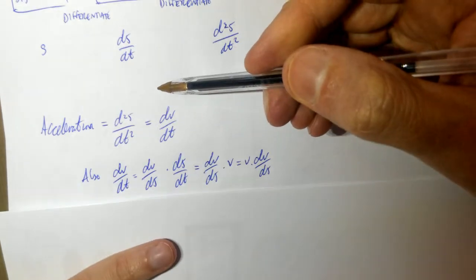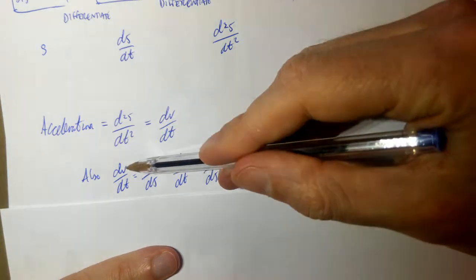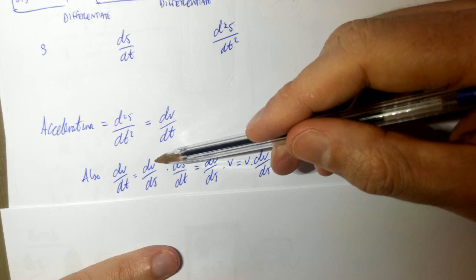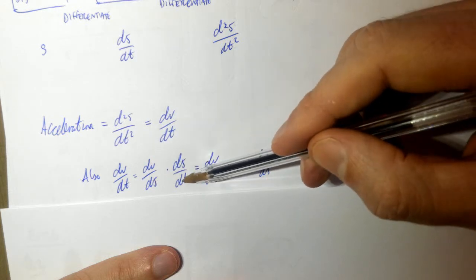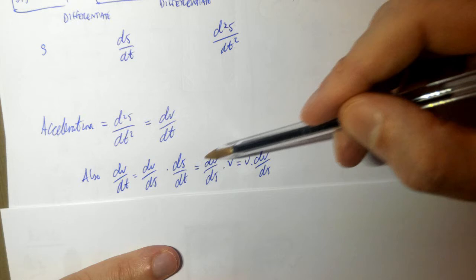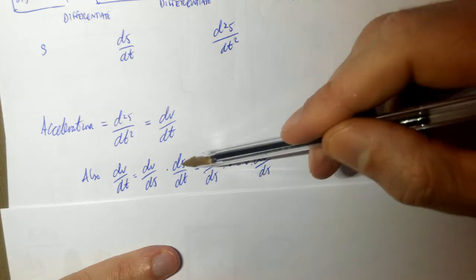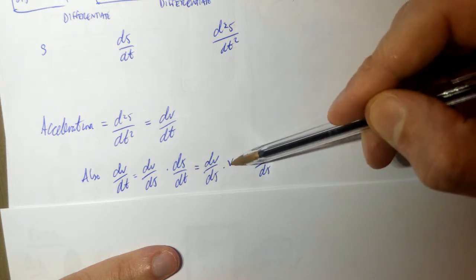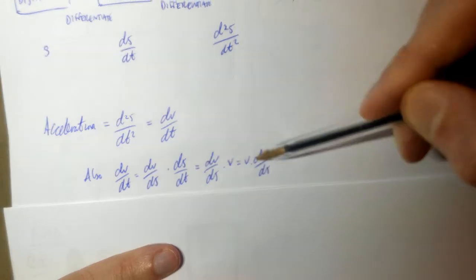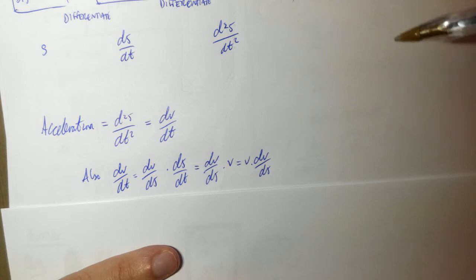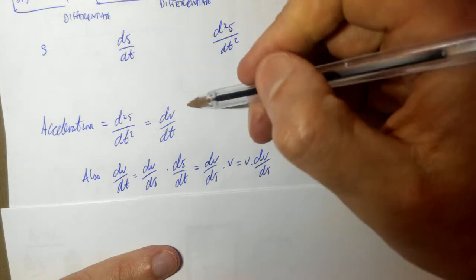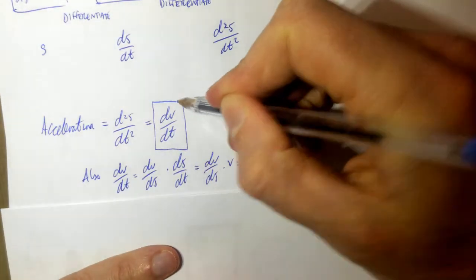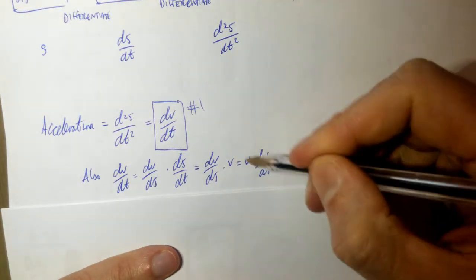We also know the rate of change of velocity over time by the product rule is dv by ds times ds by dt, similar to what we did last week, is equal to dv by ds times v, because the change of distance with time is velocity. I've just put this, that's the same thing, just put the v in front. Okay, and this is the key thing, right? So here we have two expressions. Number one,